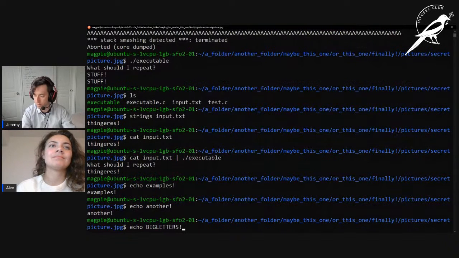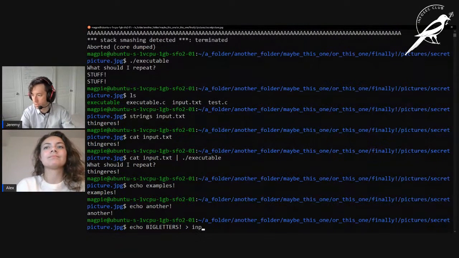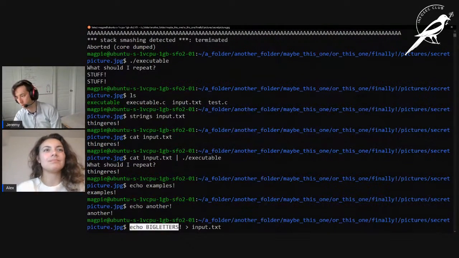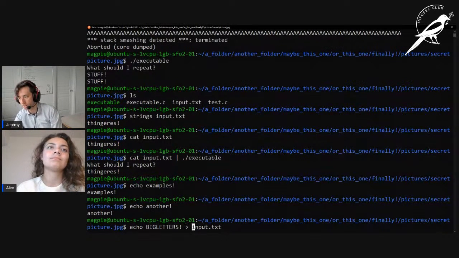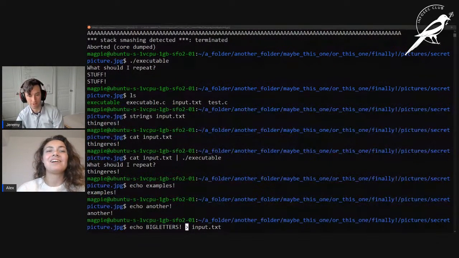Big letters. And we're going to use this symbol here, and we're going to send it to input.txt. Now, what this is going to do is it's going to try to print out letters. Instead of printing it out on our screen, it's going to redirect it into input.txt. This is going to overwrite whatever is in input.txt. So this right here, this can be dangerous if you forget how to use it properly or if you don't use it properly.